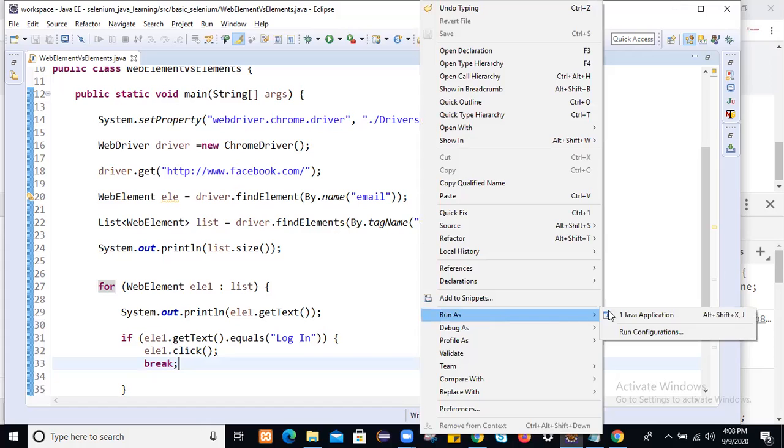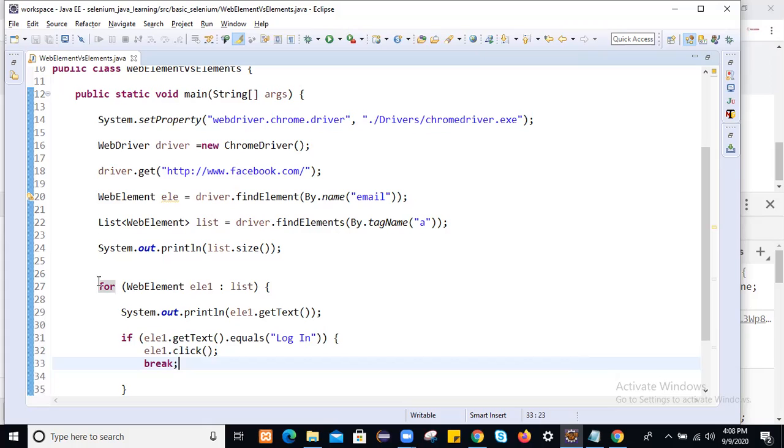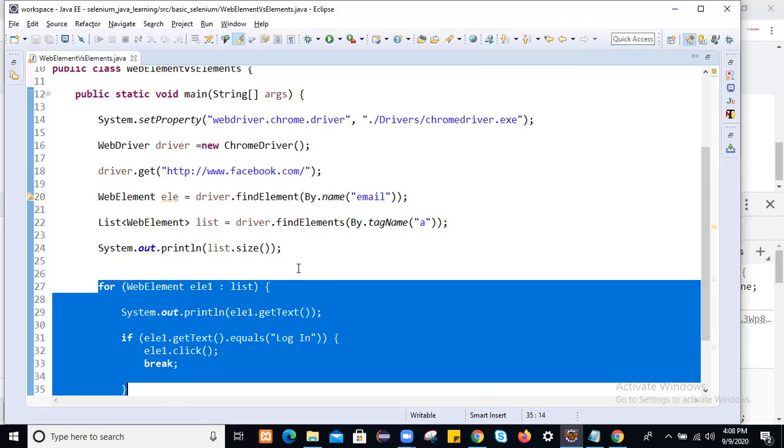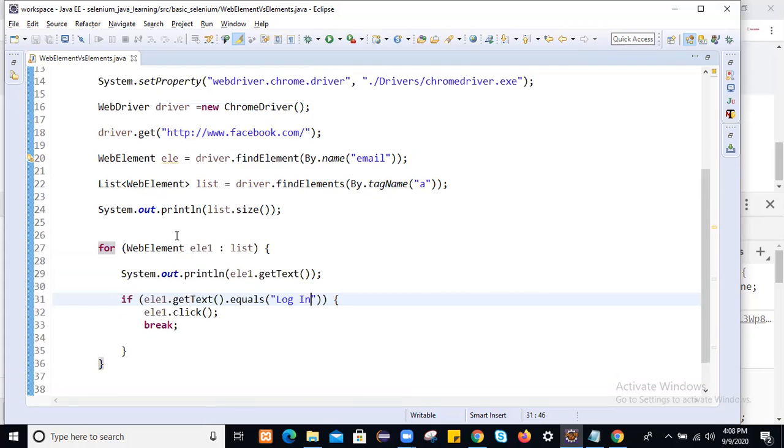We have multiple approaches. We can go by using a for loop also. Here we are using a for each loop. You can iterate the web elements by using a while loop also.